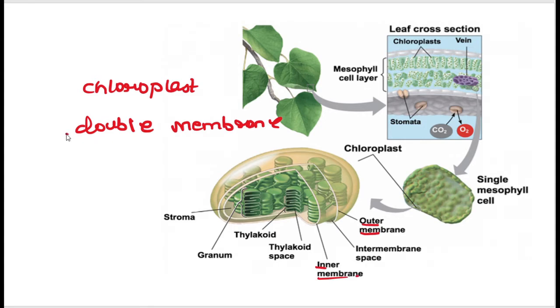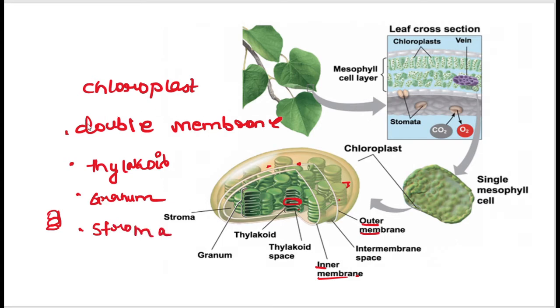The next thing it consists of is a coin-like structure, the thylakoid. See over here it is marked. This is the thylakoid. When these thylakoids are piled up, when we keep one thylakoid over another like this, they form the granum. So what is the stroma? The stroma is the fluid-like matrix which is present in the chloroplast.